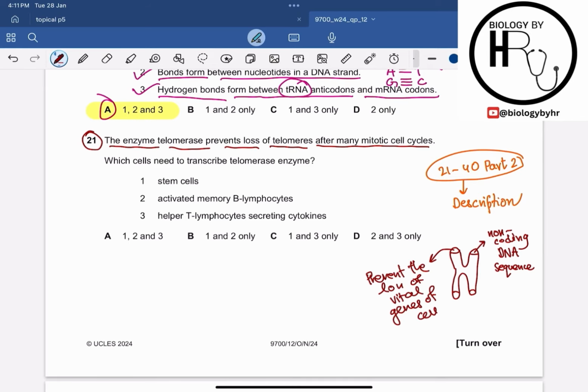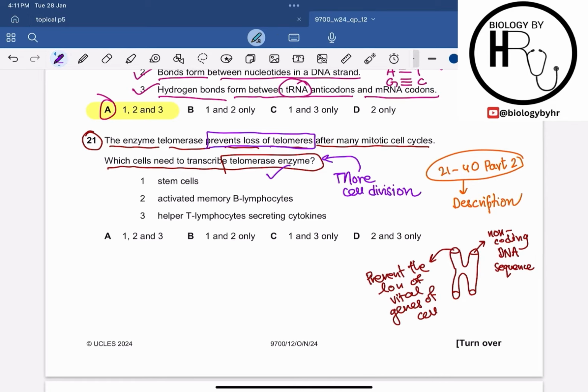Alright, so now they are asking which cell needs to transcribe the telomerase enzyme. Telomerase, they are saying in the question, is the enzyme which prevents the loss of the telomeres. And we know that telomeres shorten with every cell division, and the telomerase enzyme is preventing it. So which cells need to transcribe more telomerase enzyme? The cells which have more cell division, the cells which will divide more, are required to transcribe more telomerase